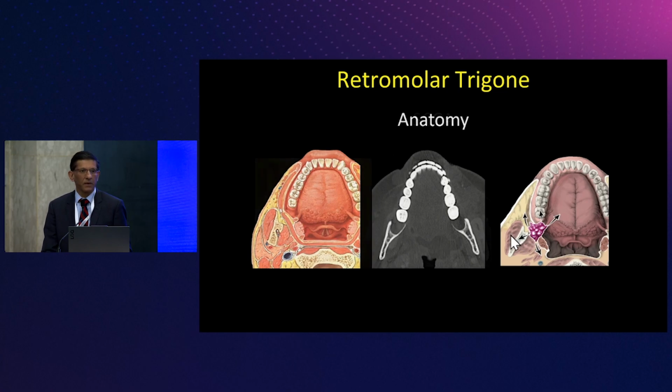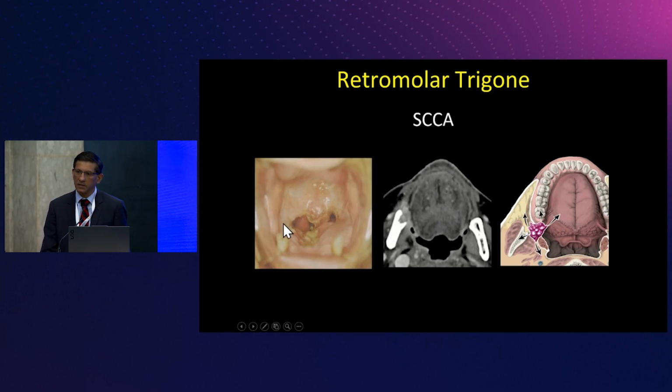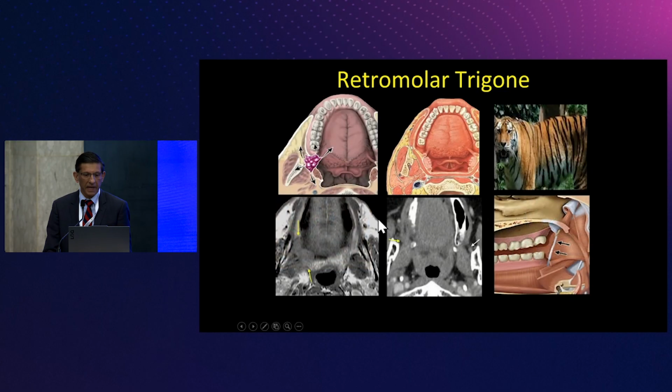So the point is that when you have retromolar trigone carcinomas, it's really hard to see in the back of your mouth. And this has the highest incidence of being understaged, at least in my experience. So this was an example of a retromolar trigone carcinoma that the surgeons thought was just nice and easy and they can just scoop it right out. But look at the bone right here. See how that bone's eroded right here? You've got to look for that bone erosion because I can tell you numerous times that erosion is underappreciated.